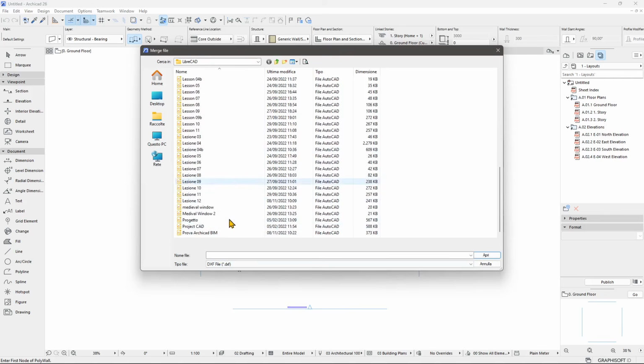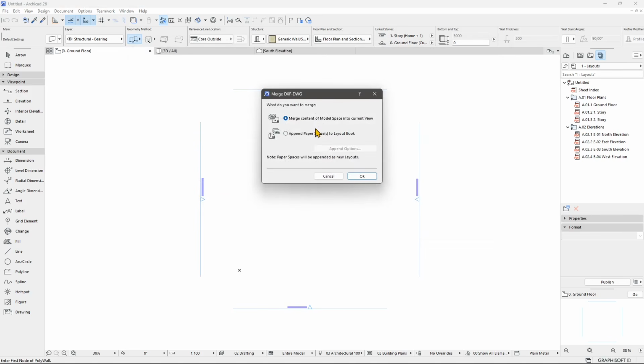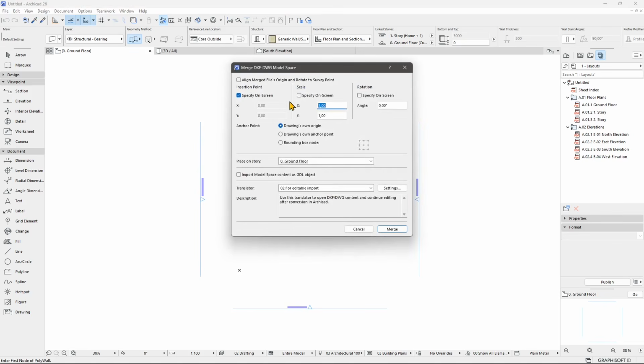But I'm just going to go here to merge, and look for, again, the DXF format right here. And if you're interested in SketchUp, 3ds Max, Cinema 4D, or other software, you will find it in the channel, by the way. So I'm just going to open up right here, and I want to merge it. You can specify here a lot of